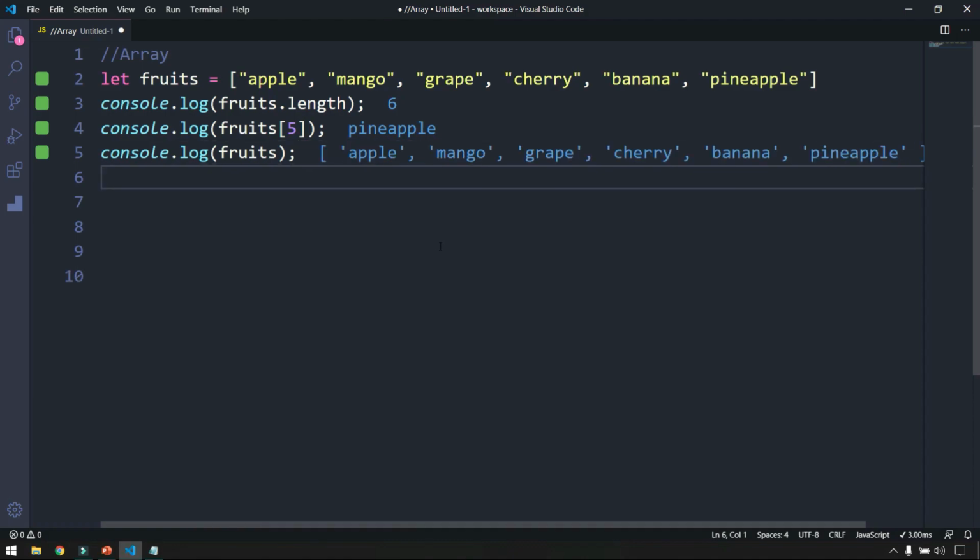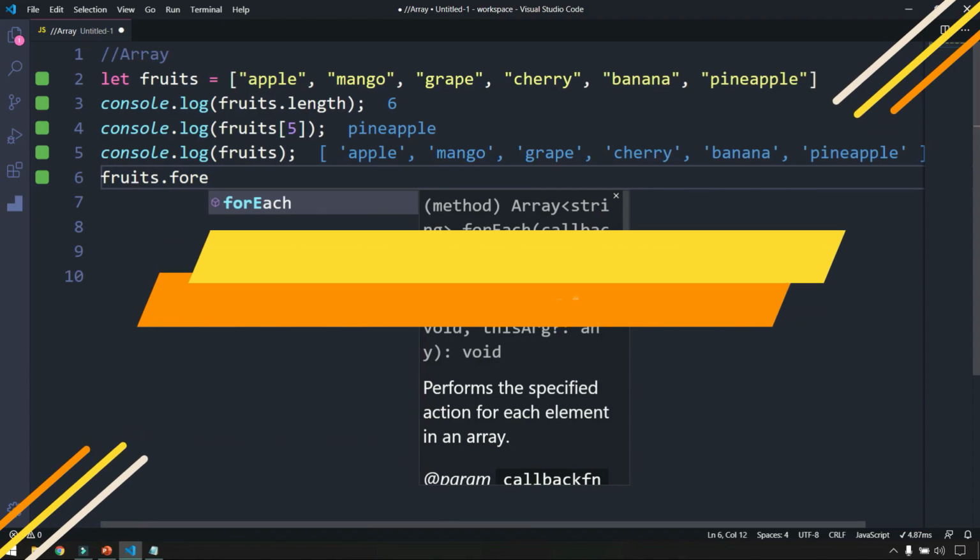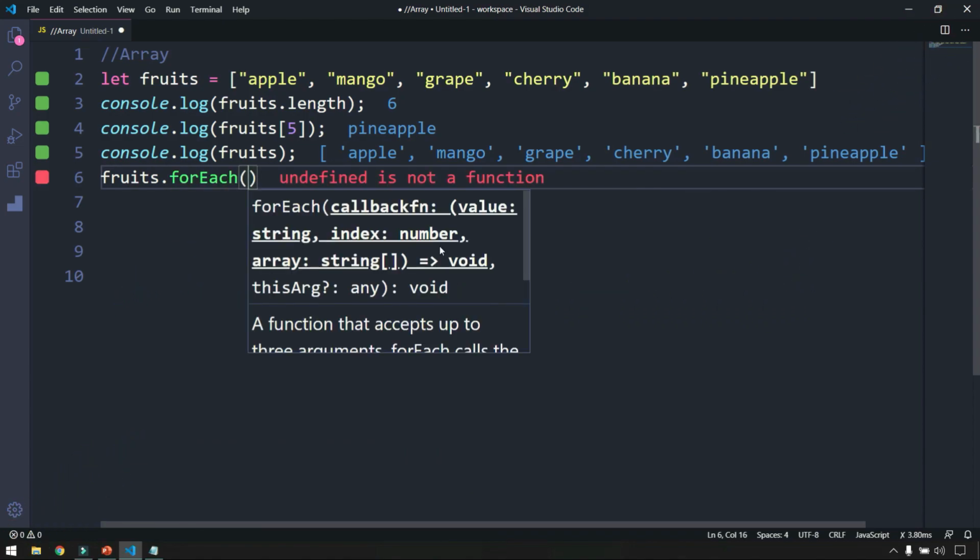For that I can use a loop here. We didn't talk about loops yet, so I'm going to show you the easiest one, which is forEach, okay. So here I can say fruits dot forEach, and this forEach is going to accept a callback and an index. Index is optional, so we'll see that later. We'll talk about callbacks in the next video.